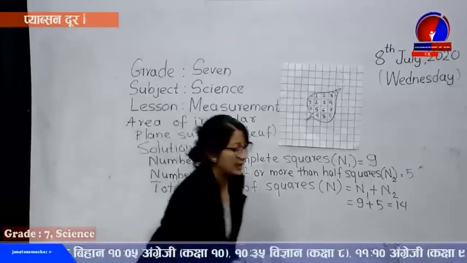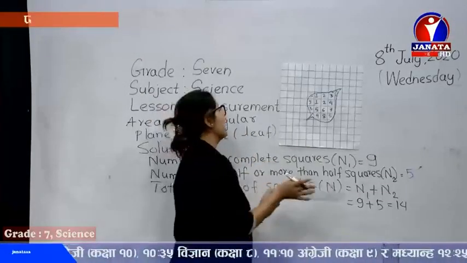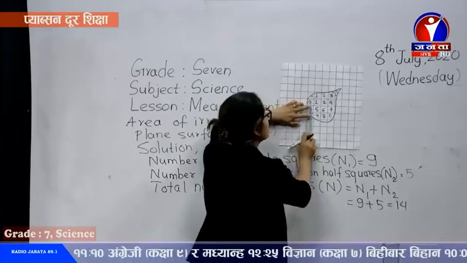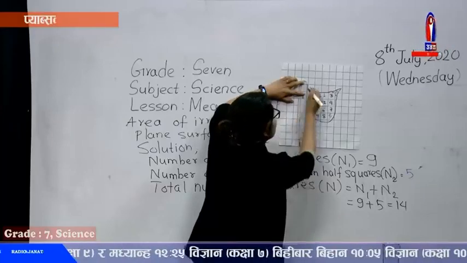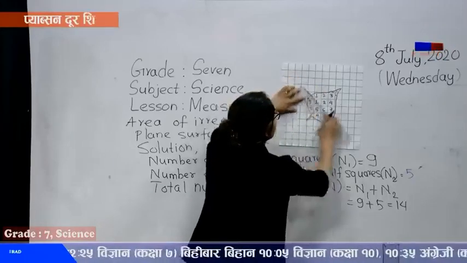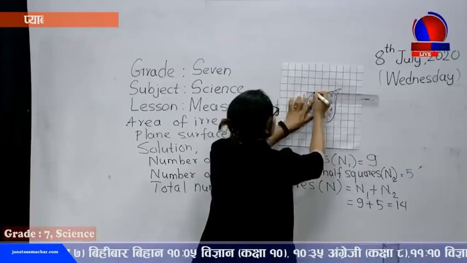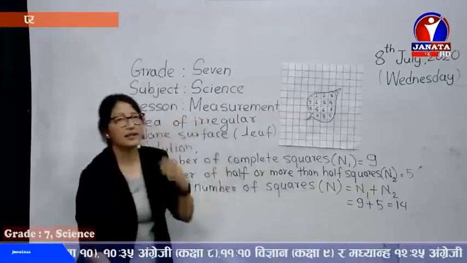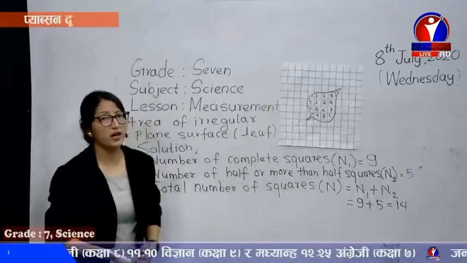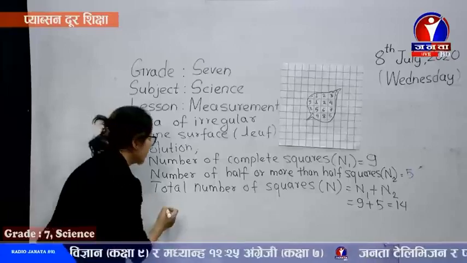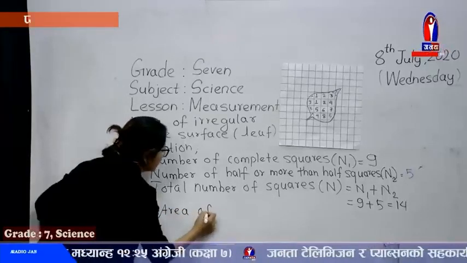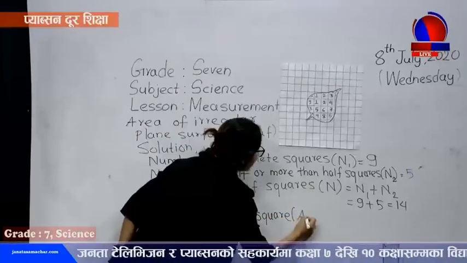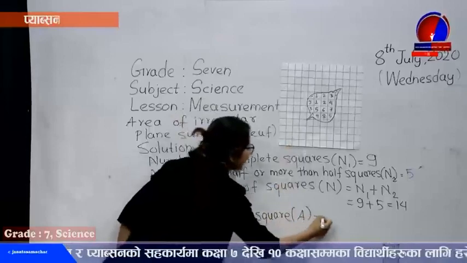Now, if it's 14, then see, we can just take the scale and just measure the length of one square. It's exactly 3 centimeter. Otherwise, you can check here, it's exactly 3 centimeter. 3 centimeter length and 3 centimeters breadth. Yes, so it's a square, and if it's a square, then of course area of square is L square. So area of each square, A, is actually L square.